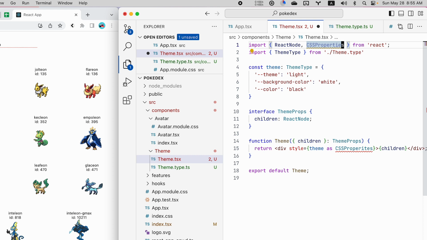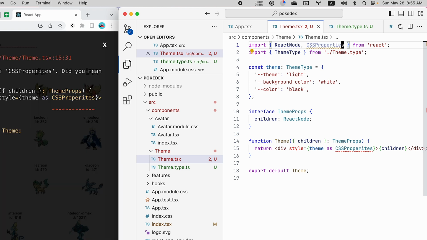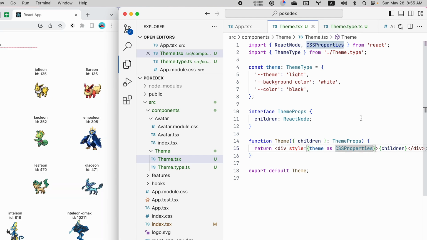We probably made a mistake in terms of the typing. So let's just copy the CSS properties and paste it here and see if we can fix it. Okay, cool. All right. So let's see if we can,